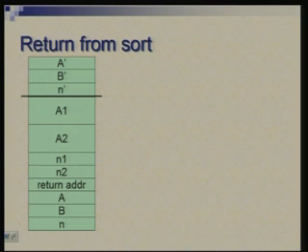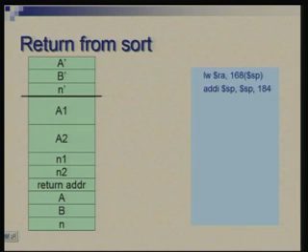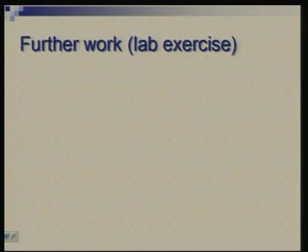Okay. How do you return from sort? Again, the procedure is basically you need to recover the return address and dispose of the activation record. Sorry, not dispose of the stack, dispose of the activation record. So, we are recovering the return address from offset 168, and while creating the activation record, we set stack pointer equal to stack pointer minus 184. Now, we just do plus 184 and recover.